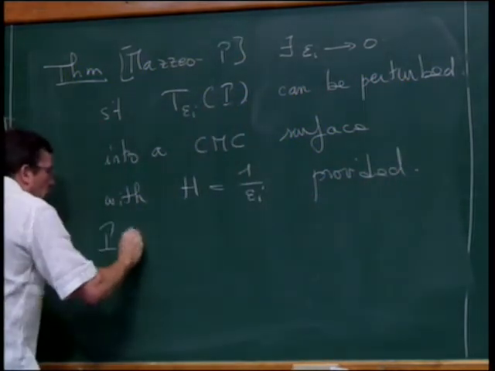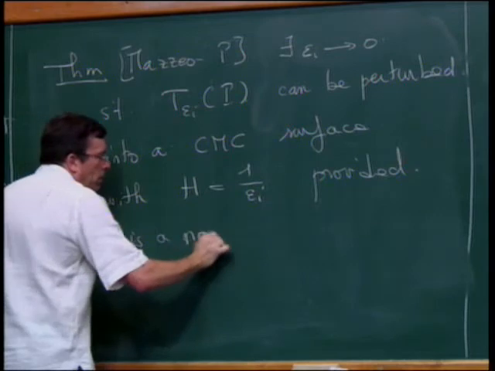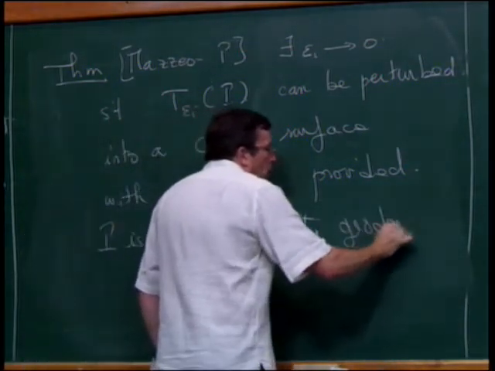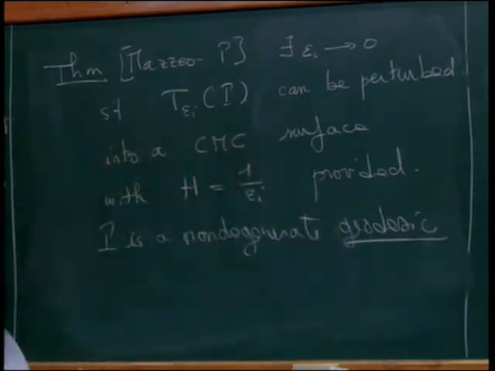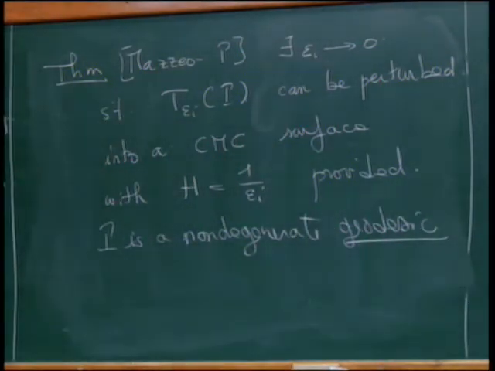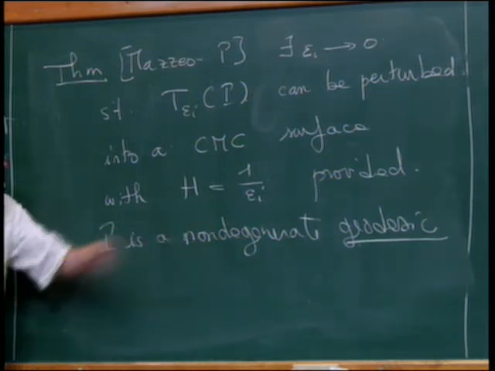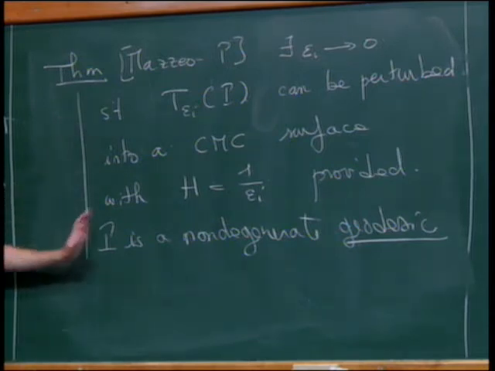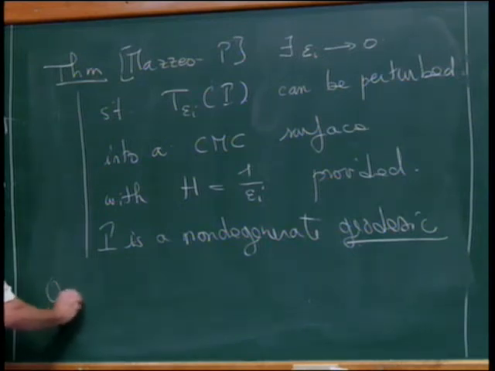and this is true provided gamma is a non-degenerate geodesic. What is very important here is that the construction is possible only if gamma is a non-degenerate geodesic. So far there is no known result that says that this condition, which is known to be sufficient, is also necessary. So this is an open problem